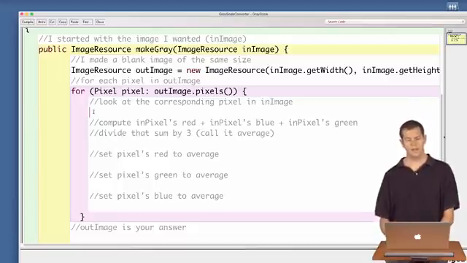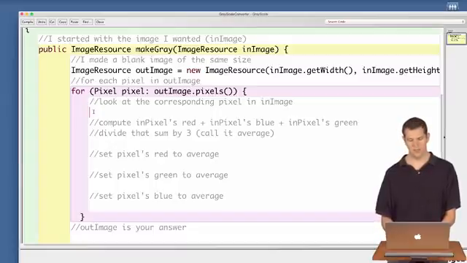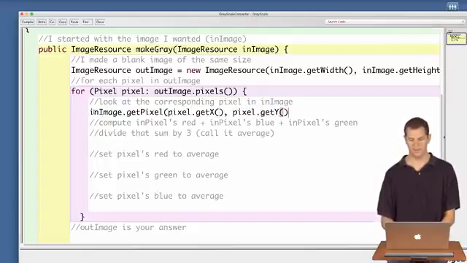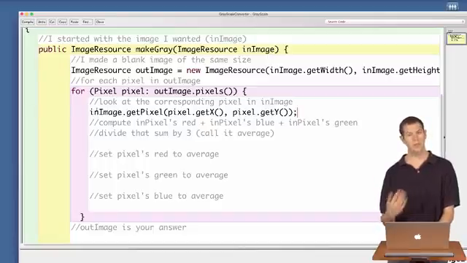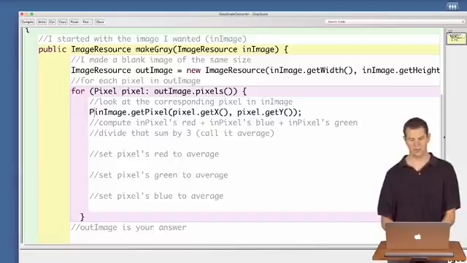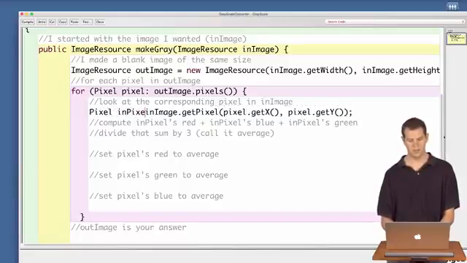In our algorithm, the next thing we did was we looked at the corresponding pixel in inImage. So what we're going to want to do is inImage.getPixel at the same location as pixel. So pixel.getX and pixel.getY. Now, when we do this, we need to give it a name so we can use it again. That's going to mean we're declaring another variable. So it's going to be inPixel equals